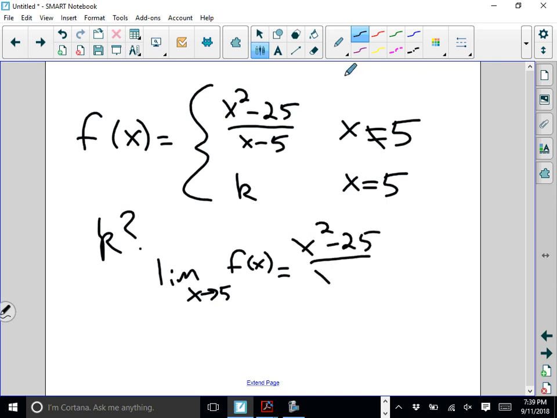When we take a look at this problem, whenever we have limits, the first thing we want to do is see what happens when we plug in the number. Well, when we plug in 5 here, we're going to get 25 minus 25 on top, which is 0. We're going to get 5 minus 5, which is 0 on the bottom. So we get 0 over 0, right? But never fear, limits deal with 0 over 0 quite well. One of the methods that we can solve this problem is by factoring. If we factor the top,